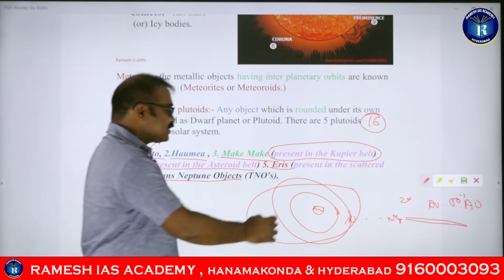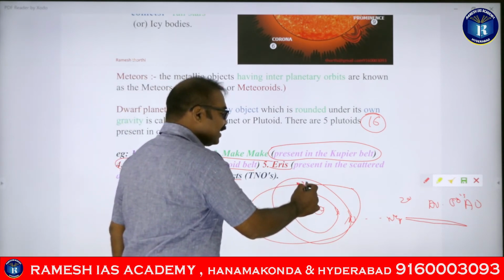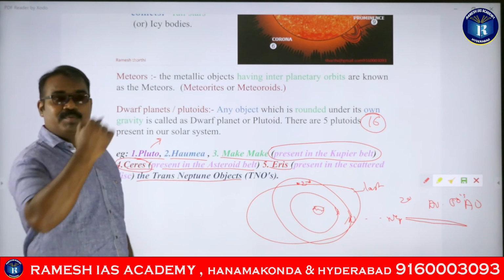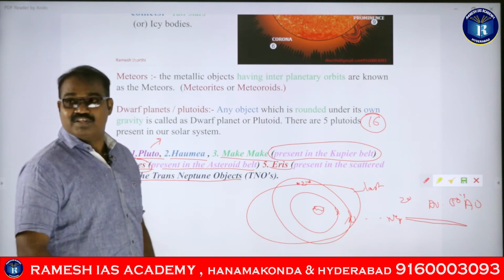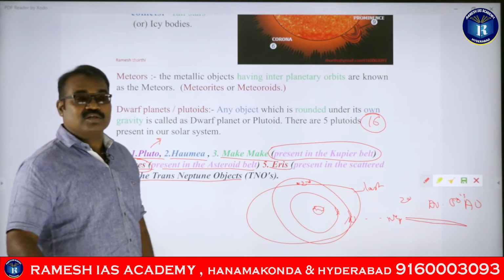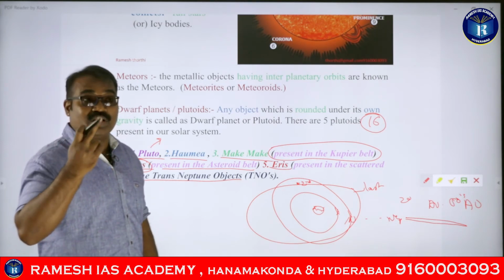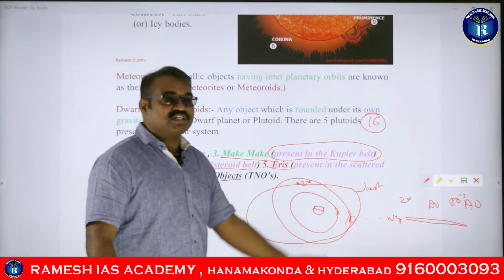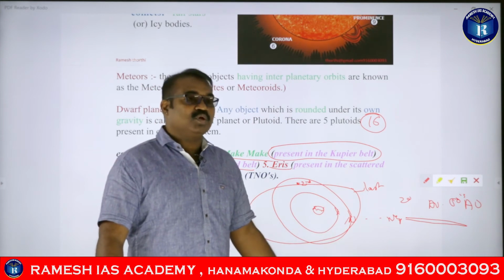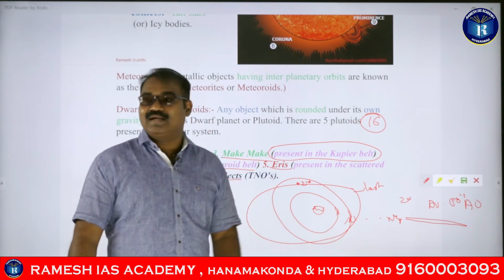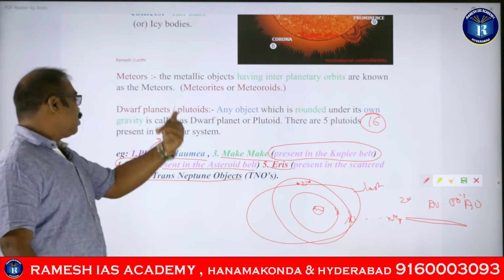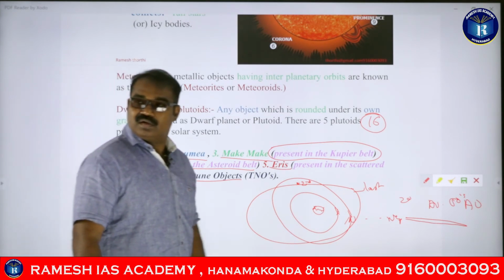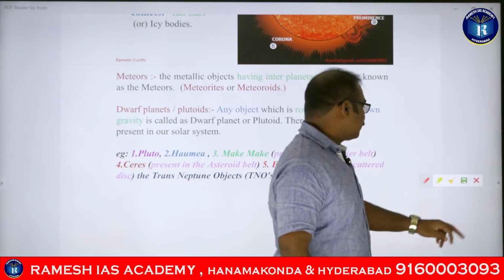What was happening? Sometimes it was becoming second last and sometimes it was becoming last, because it was cutting the orbit of the Neptune. That is the reason it has been taken aside, because planets should be objects which have their own orbit and they should not interfere with the orbit of the other planets. But Pluto's orbit was interfering with Neptune's orbit, guys. That is the reason it has been taken out and kept aside and called a dwarf planet, guys. So this is related to the dwarf planets of our solar system.